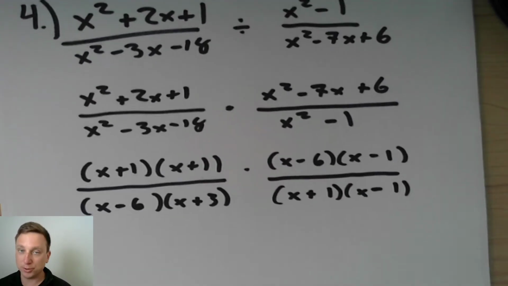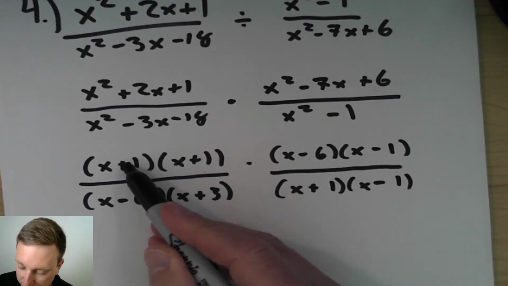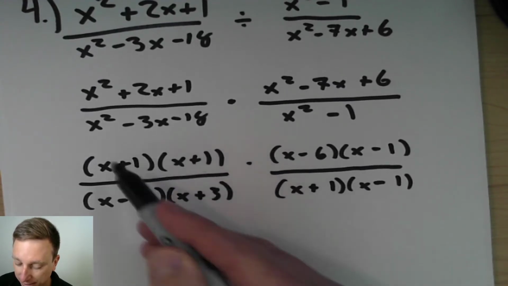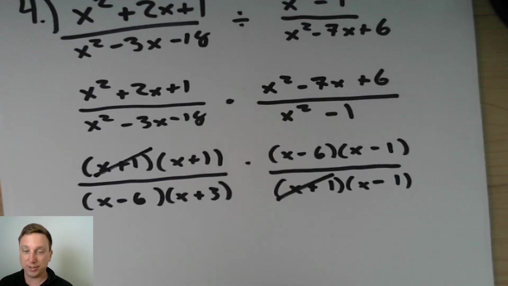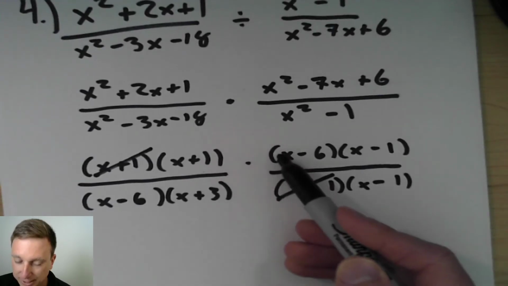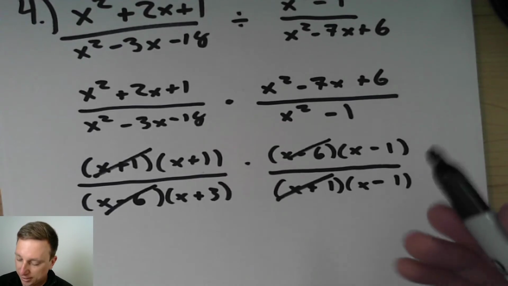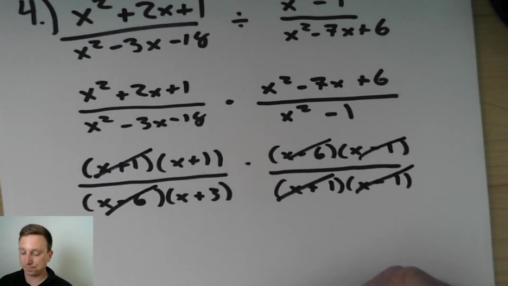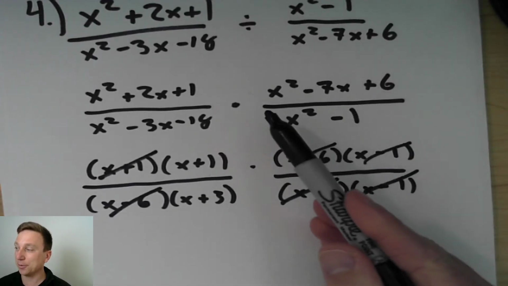So now I just work left to right in the numerator and factor everything I can out. So x plus 1, I'm looking for x plus 1. Well, that's not in the opposite portion of the fraction, so I can't factor that, but x plus 1 factors out. This goes to 1 actually if we need that later. Is there another x plus 1? No other x plus 1s. Is there x minus 6? X minus 6, x minus 6 divides to be 1. And then x minus 1, well, those are conveniently stacked. They reduce as well. So this whole multiplication or division problem in the beginning boils down to a multiplication problem,